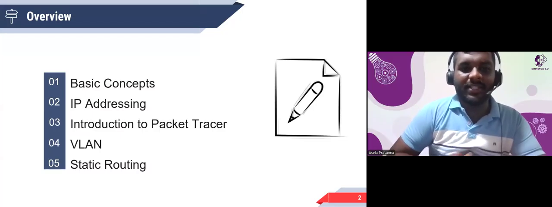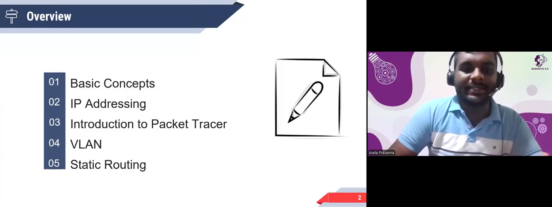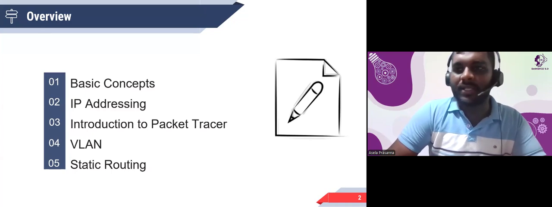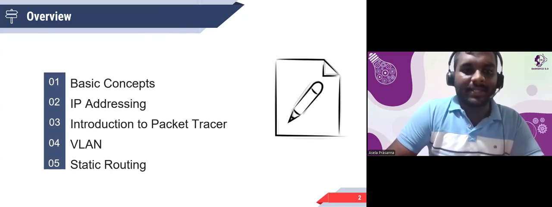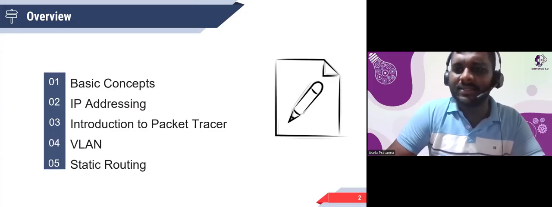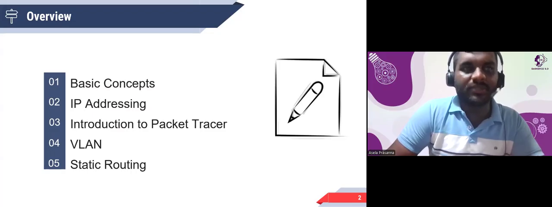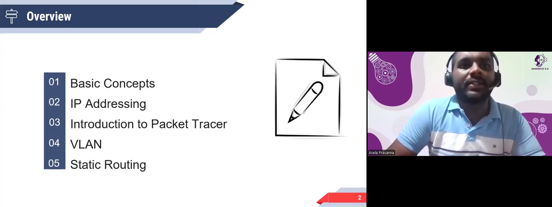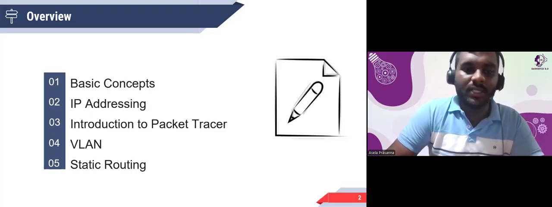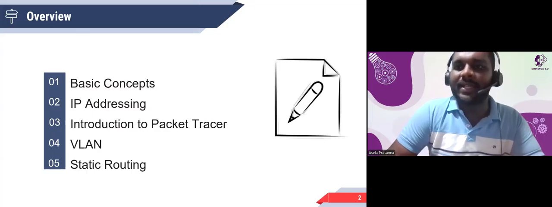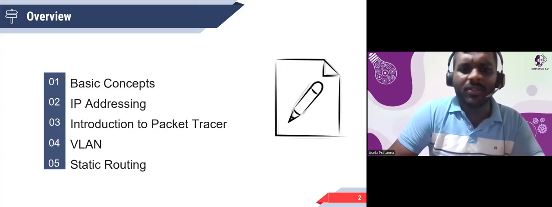Most of the time I will switch between the presentation and the Packet Tracer software. I think you can get a good idea if I try with Packet Tracer. The other thing is that I think you have installed Packet Tracer software on your computer. So when I'm doing some hands-on work, the best thing is if you can also practice, so it will be good for you. So okay, we'll go through the